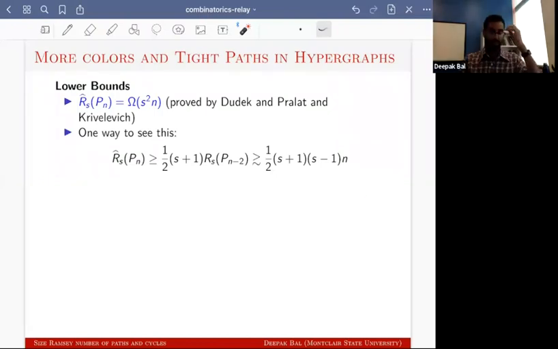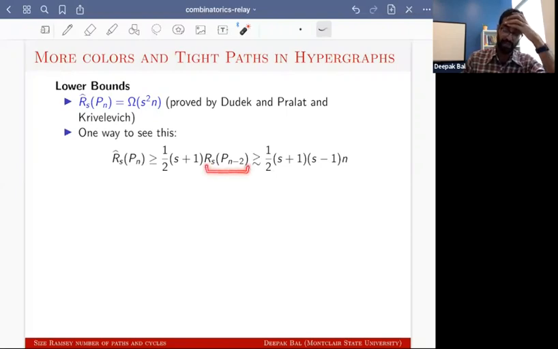So here's one way to see this. You can lower bound the S color size Ramsey number of Pn by